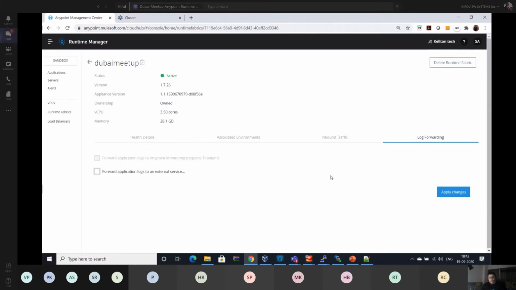Apart from that, we have not found any restrictions or limitations right now. But we have to use an external load balancer to manage our controllers if there is more than one controller. That's the only limitation we have.